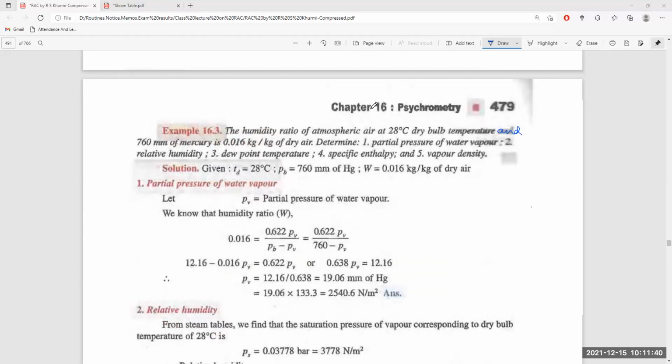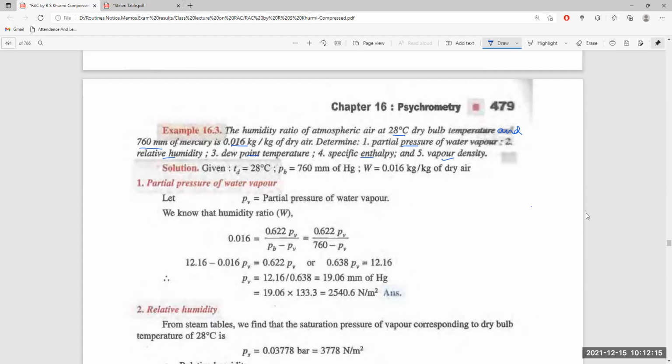Let us start again. This problem was started; the inputs given in this problem were dry bulb temperature, humidity ratio, and the barometric pressure. We are supposed to calculate the partial pressure of water vapor, relative humidity, dew point temperature, specific enthalpy, and vapor density. Now, as these three are given, dry bulb temperature, barometric pressure, and specific